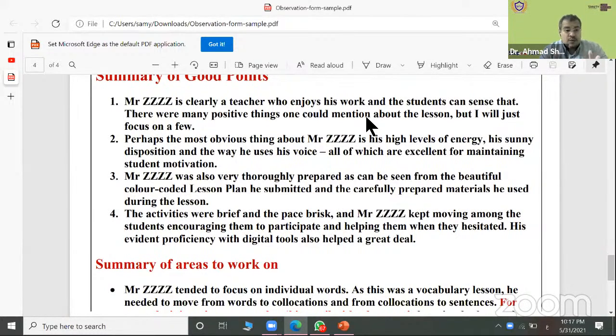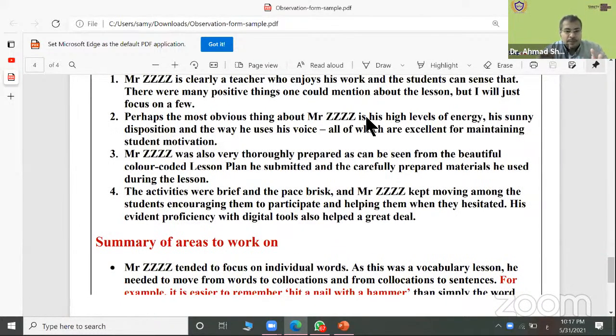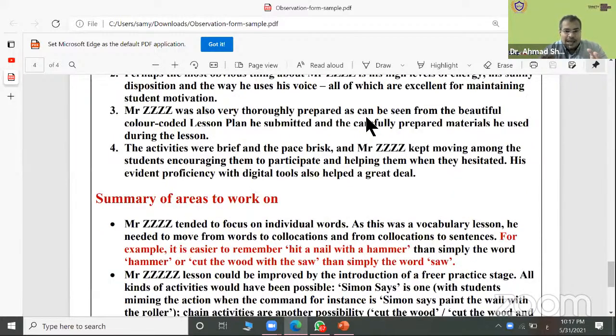Number three, Mr. Z was also very thoroughly prepared, as can be seen from the beautiful color-coded lesson plan he submitted and the carefully prepared materials he used during the lesson. When you prepare your lesson well, the observer or the supervisor will take it into consideration.